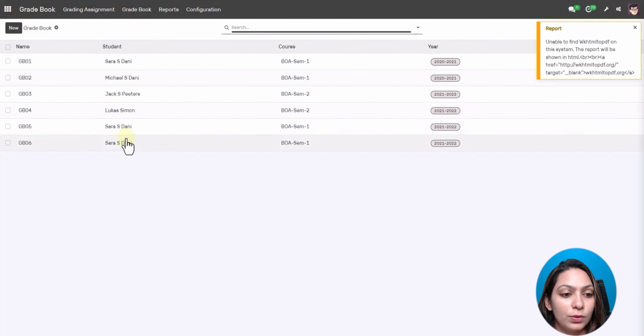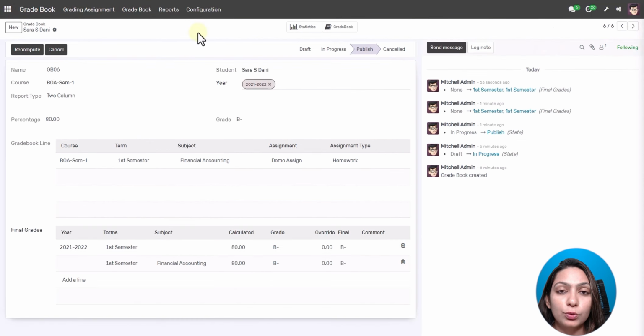So you can manage all the grading system through our OpenHUA grade. You can configure as per your requirement. You can add more assignment types. You can add for each subject and you can directly generate the final gradebook for each subject in the gradebook of each student. You can also generate a gradebook report with a gradebook Excel report.